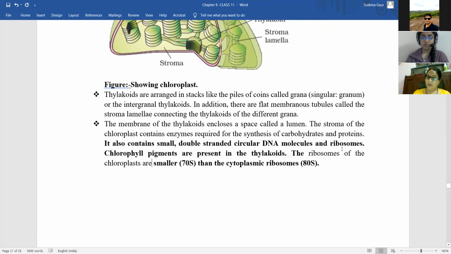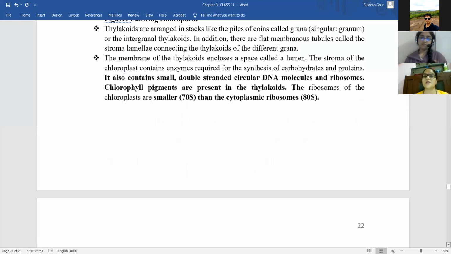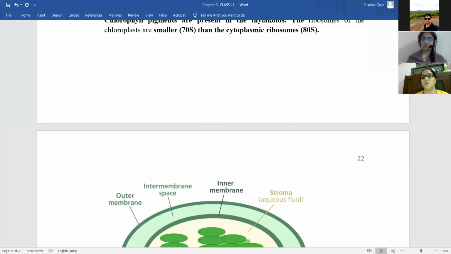And they also consist of ribosomes. So if it is asked, basically the nucleus consists of the genetic material, but which organelle consists of their own DNA, then you have to answer mitochondria and chloroplast. And if it is asked what is the difference in the genetic material present in mitochondria and chloroplast, then you have to answer that mitochondria consist of single stranded circular DNA, and chloroplast consists of double stranded circular DNA.